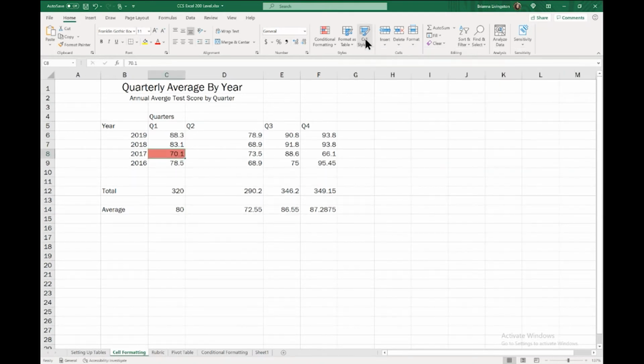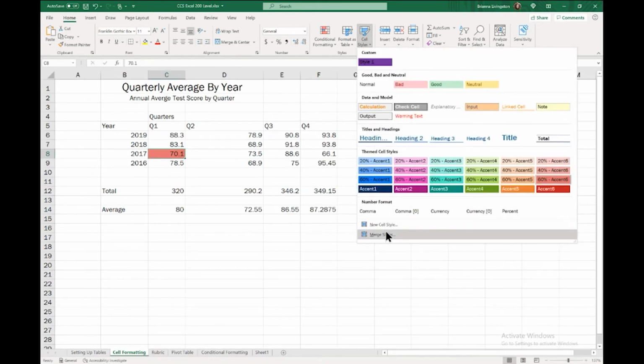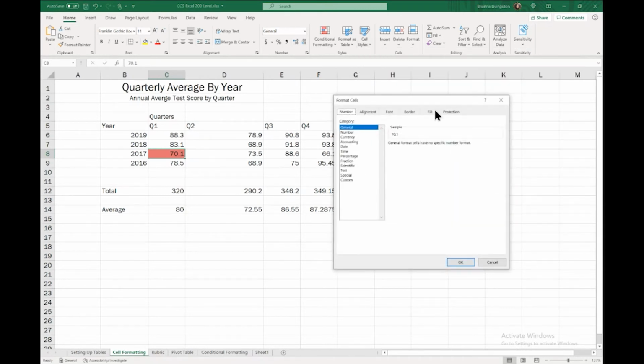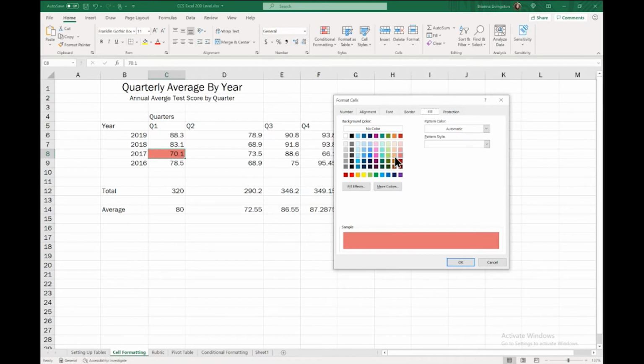Or if you don't like any of these colors, or you have a custom color or specific color to identify something, you can create a new cell style. You can even fill them with patterns, which I don't necessarily recommend, but you can create new custom colors to identify trends in that particular data.